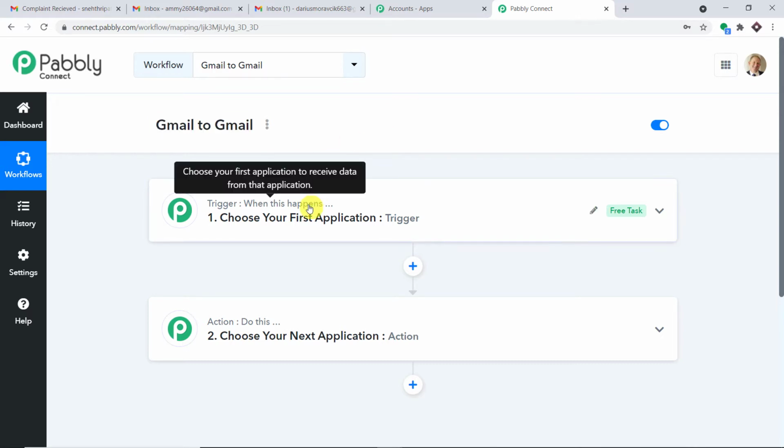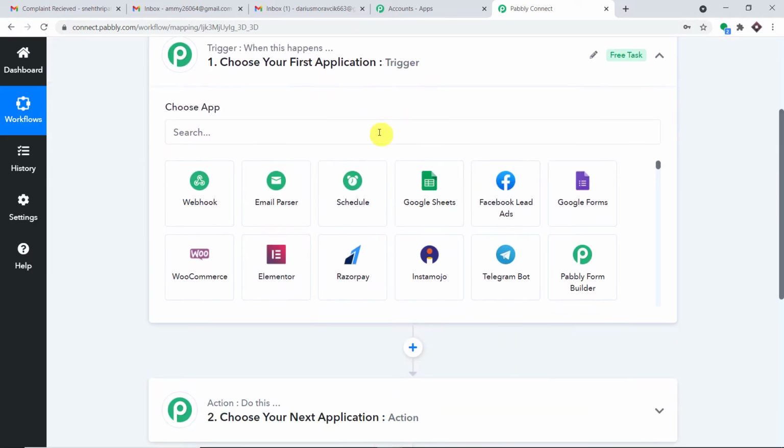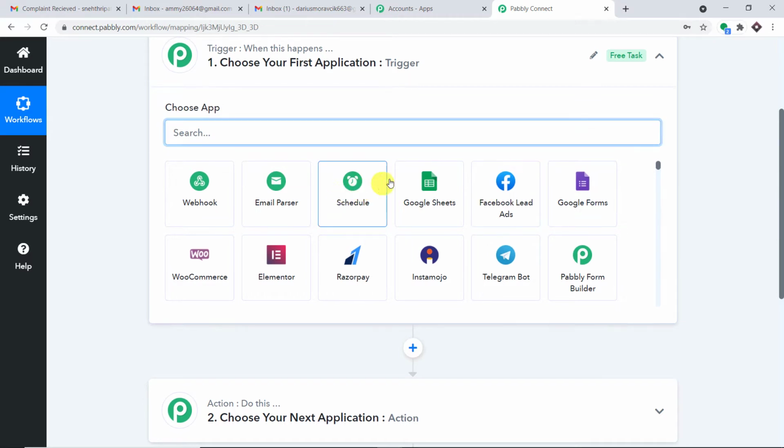Okay, so let's explore the trigger. Now, as I mentioned earlier, we are working on email parser. So you're obviously thinking, what's the deal with email parser? So email parser, also known as the mail hook, you can actually parse the emails and extract the values from your emails and send those values to any different software that you want. Okay, so I understand that you didn't get anything from that definition.